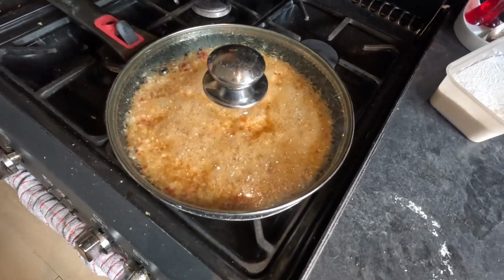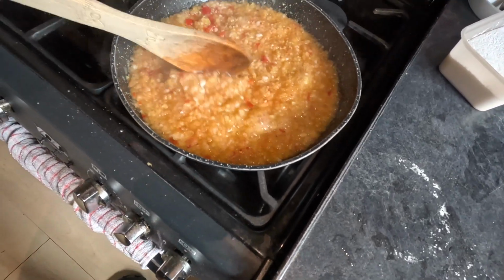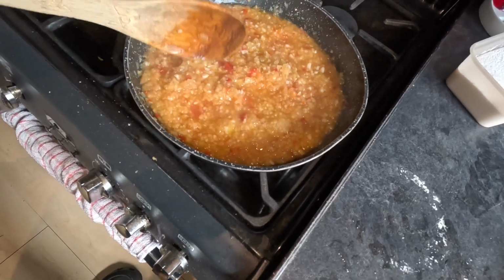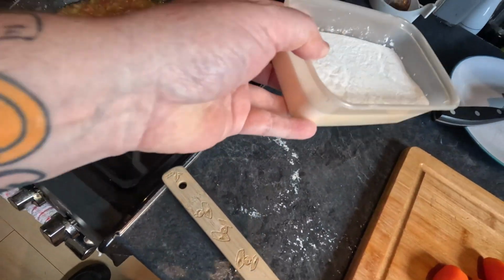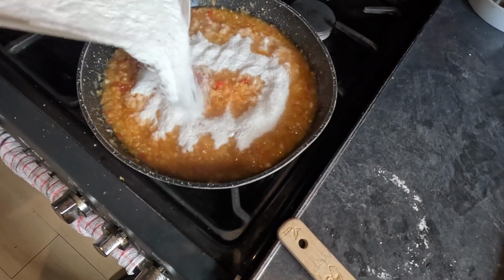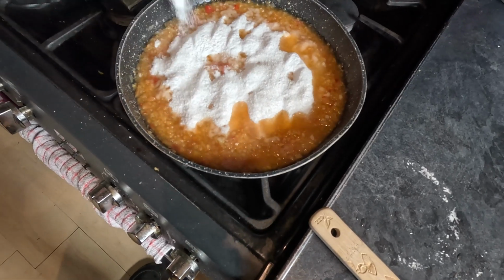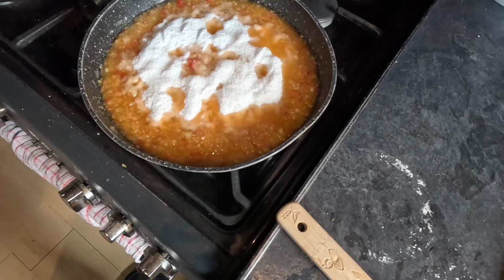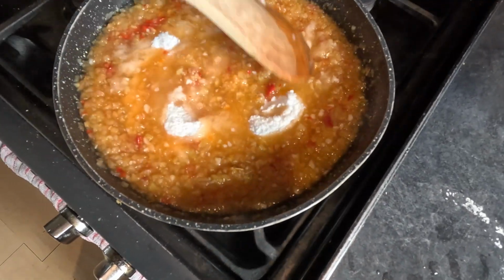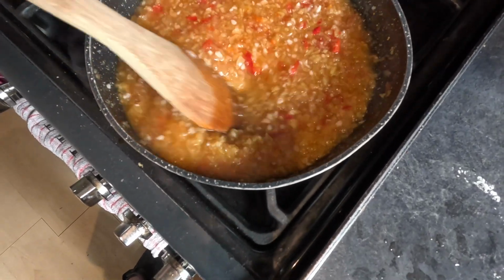Right, this has been simmering away nicely. Let's just get that lid off. So this is now ready for the next step in the recipe. Very simple recipe. I've actually got 250 grams of sugar, and it's mostly standard household sugar, granulated, but I've had to supplement some of it with a bit of dextrose monohydrate brewing sugar as I run out. So it's a mixture. It's 3/4 granulated sugar and then 1/4 dextrose monohydrate. That is plenty though